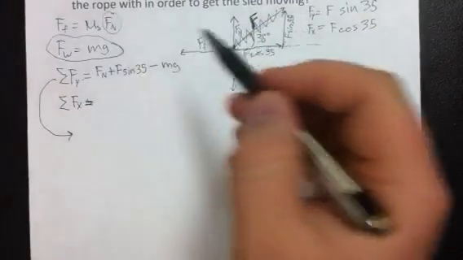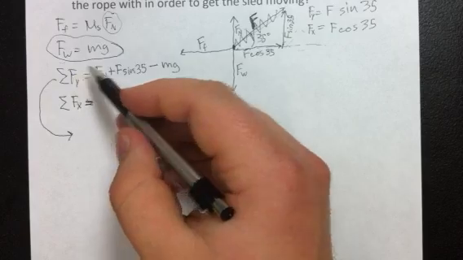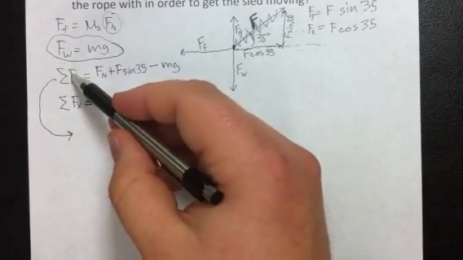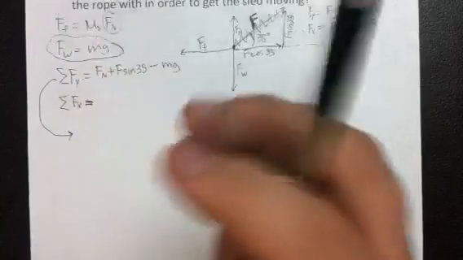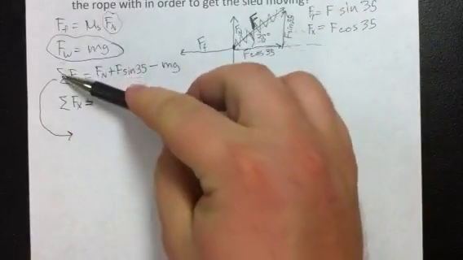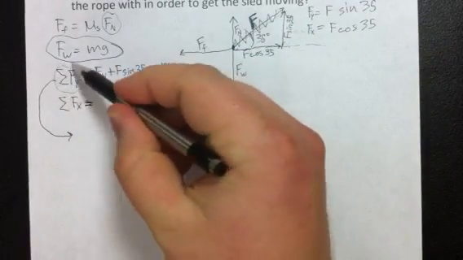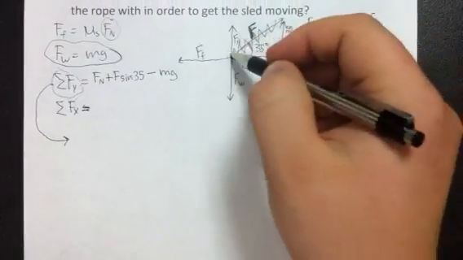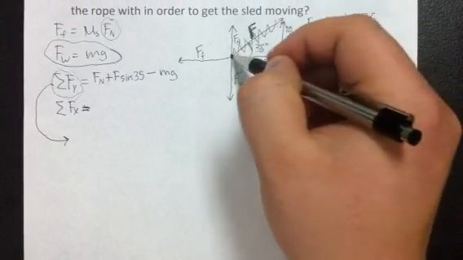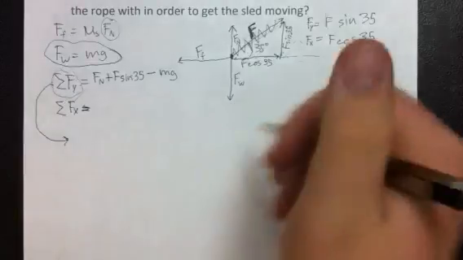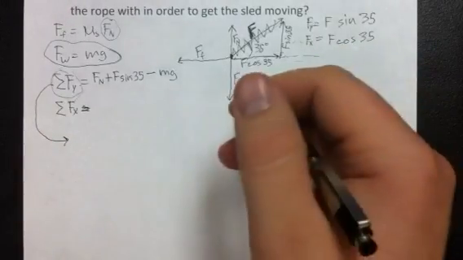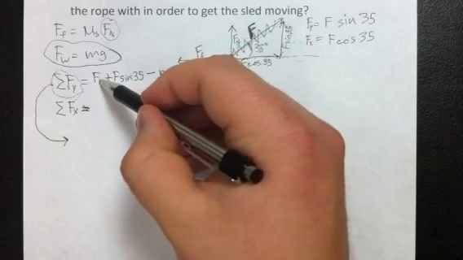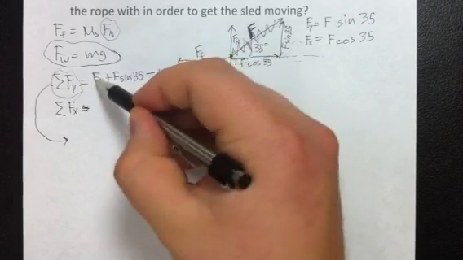Let's begin to put input values into this so that we can solve for the normal force. The sum of the forces about y, first of all, let me state that it is equal to 0. This is one variable, it's going to be equal to 0. The reason is that this sled is not moving up or down. It's staying stationary on this surface. So if we state that this is 0, and then solve for the normal force,